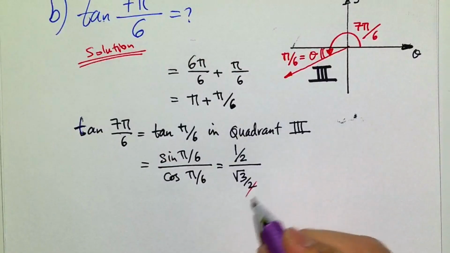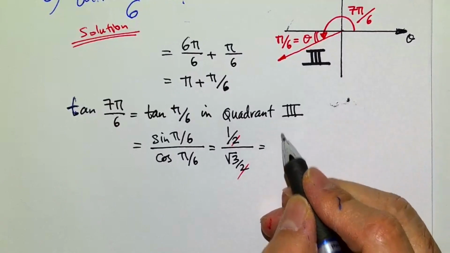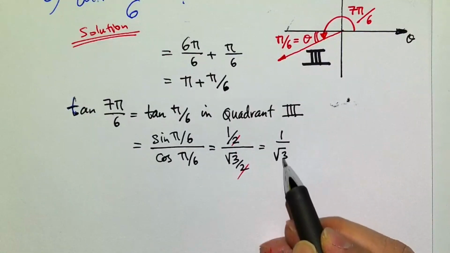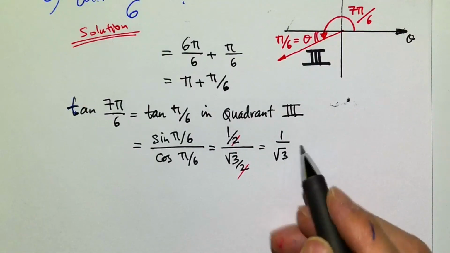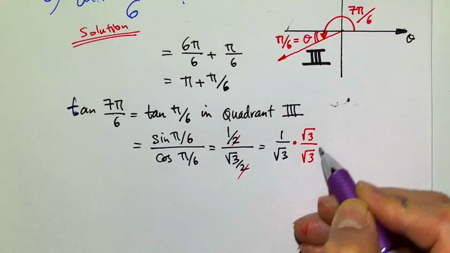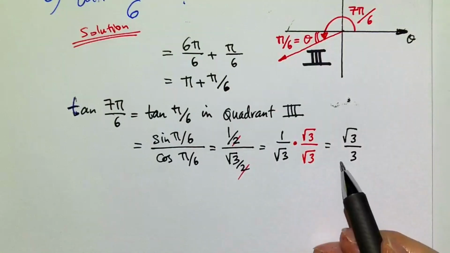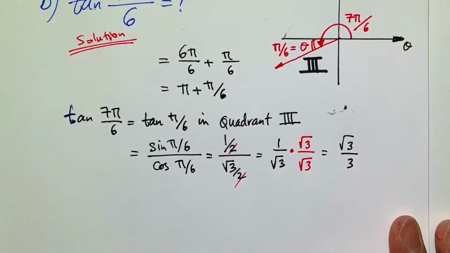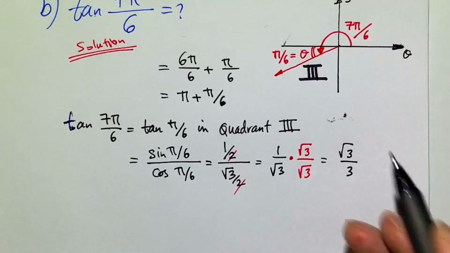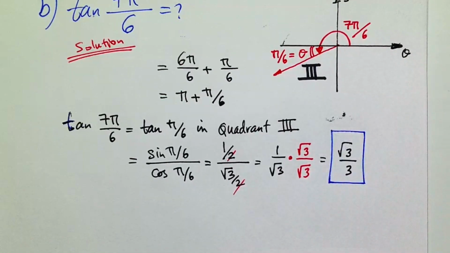Okay, so this complex fraction we get just like before. This is very similar to part A. We get 1 over square root of 3. Again, we learned in pre-calculus 1 that we don't like to see radicals in the denominator. So let's rationalize it by multiplying by square root of 3 over square root of 3, and we get square root of 3 over 3. Do we put a minus? No. We just established that in the third quadrant, the tangent function is positive. So we leave it like that. This is our final answer: square root of 3 over 3.